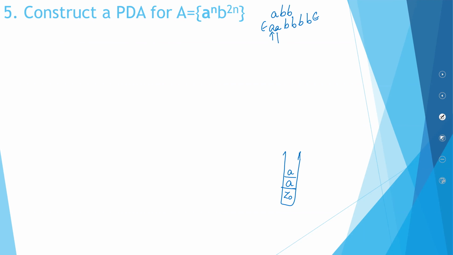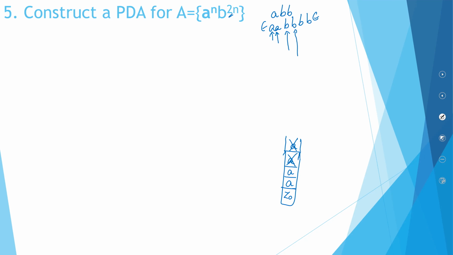Okay? Now you encounter your next A. So we'll follow the same logic. Whenever you encounter an A, you will have to put in double the A's. Why double the A's? Because it is raised to twice N. So now you have encountered 2 A's, you have put in 4 A's. Next, you will be encountering a B. Now when you encounter your first B, this A is taken care of. You encounter your second B, this A is taken care of.